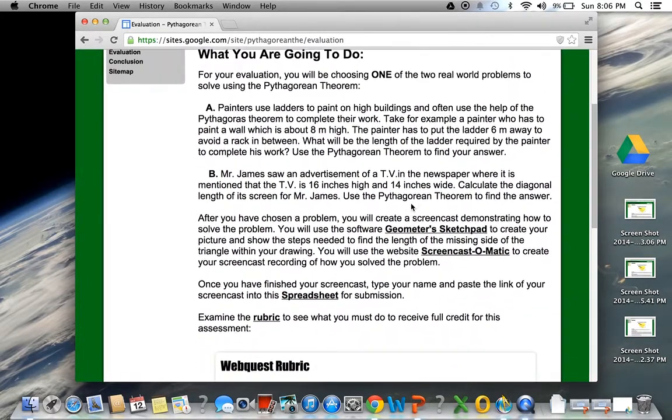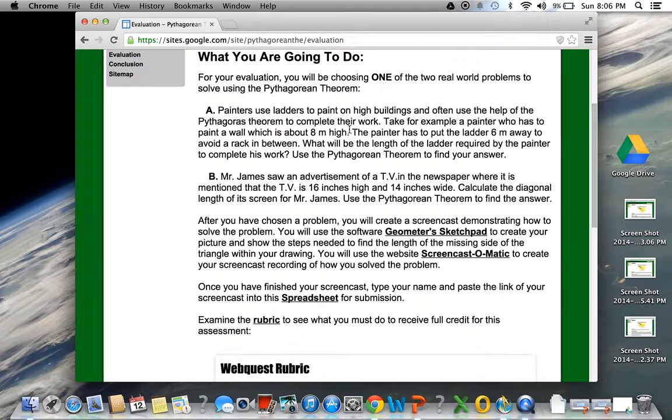So make sure to check it out. You're going to choose one of these 2 problems. So read the problem, see which one you think's better for you, and you're going to create a screencast. Exactly what I'm doing right now. You'll create a screencast of how you've solved these 2 problems, and you're going to use the software Geometer Sketchpad